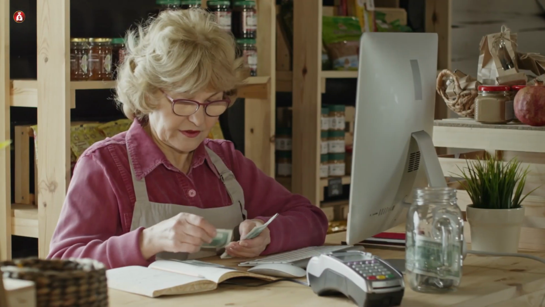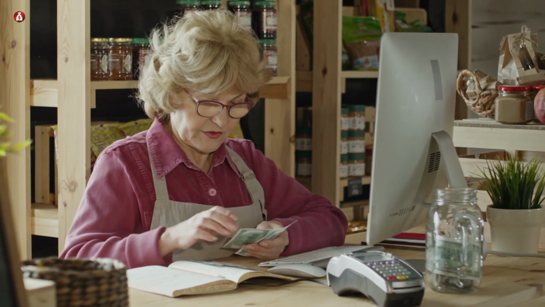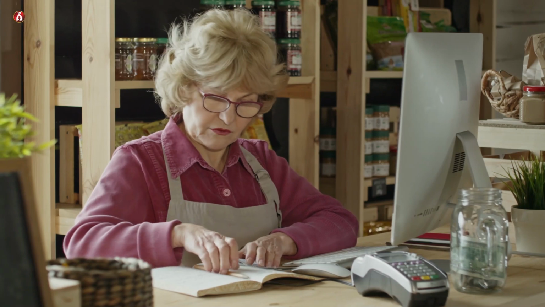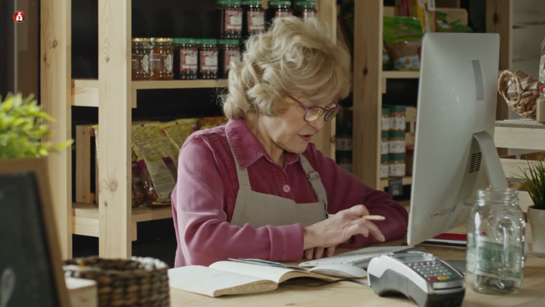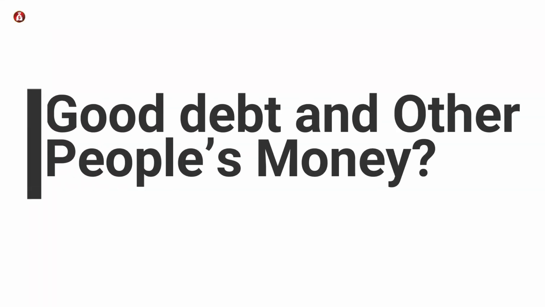The first option, using your own money, yields small to modest returns, takes a long time to pay off, and needs some financial expertise. The other, OPM, gives large to infinite returns, generates extraordinary money velocity, and necessitates a high level of financial expertise. Good debt or other people's money. Rich Dad's core idea of other people's money, or OPM, is an indication of great financial acumen. You may greatly enhance your return on investment, or ROI, by combining smart debt with OPM and potentially attain limitless returns. OPM is a sort of good debt.